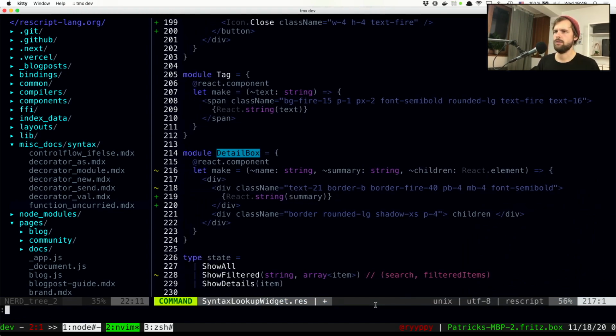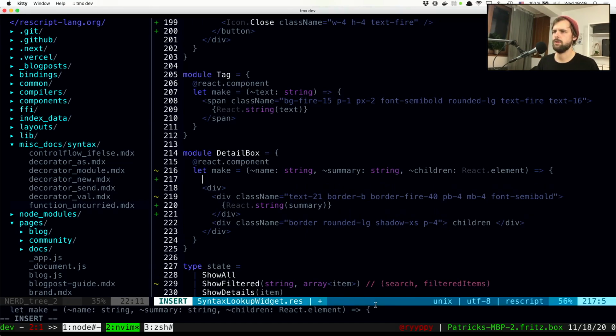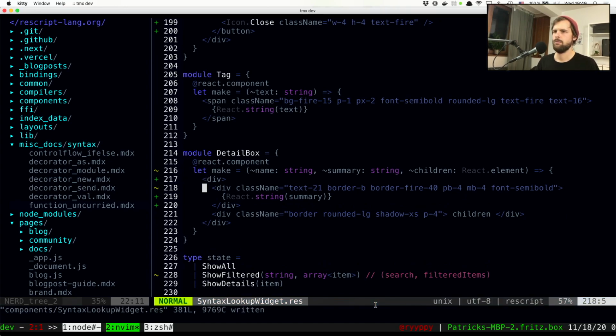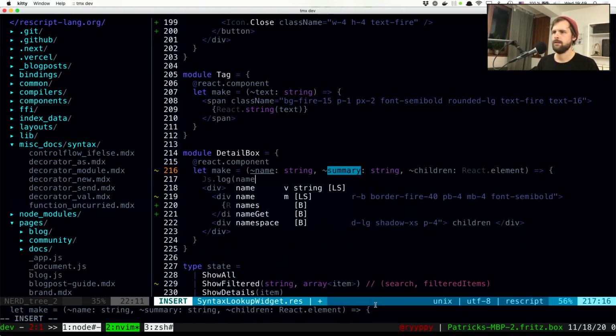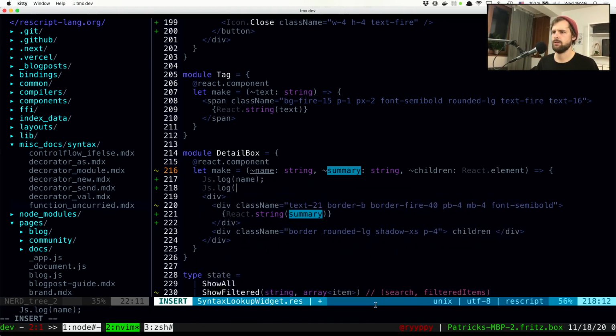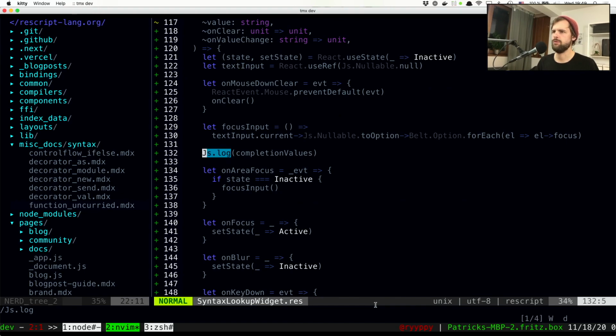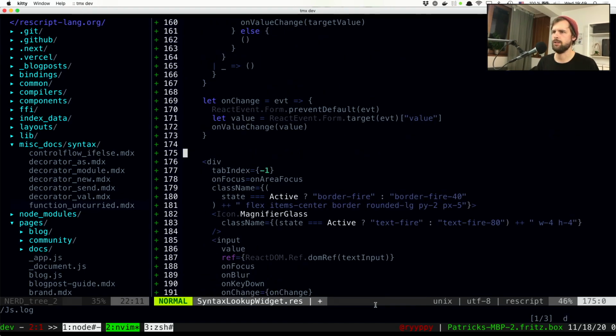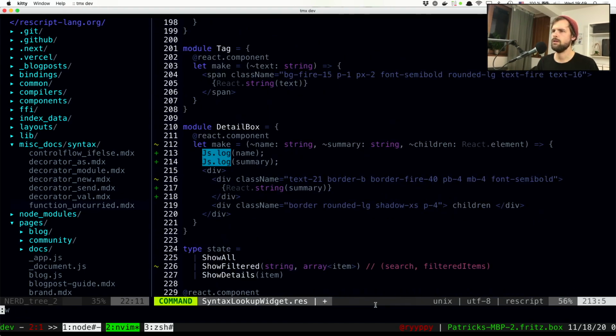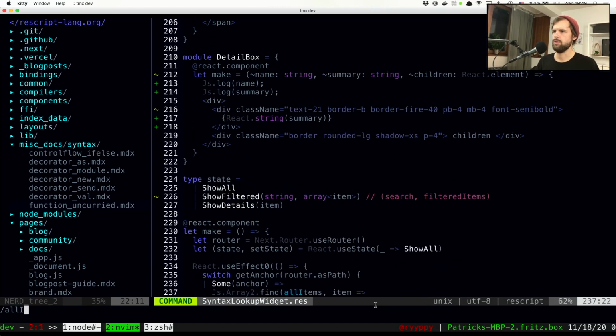And here what we can do is we have the summary, and let's maybe log this. And remove all the other logs that are out there. So if you go to all items,